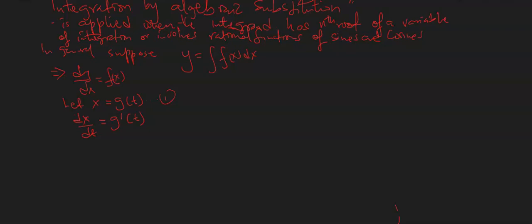Again, we note that dy/dt will be the same as dy/dx times dx/dt. We already know that dy/dx is f of x, so this becomes f of x times dx/dt. We already know it's g prime of t,